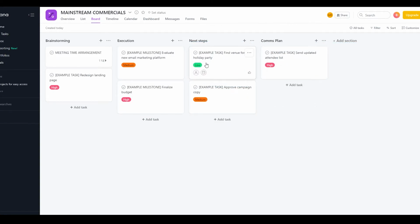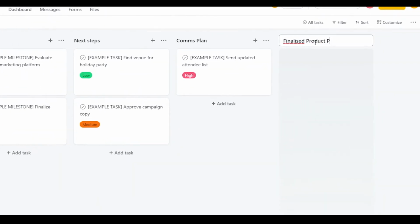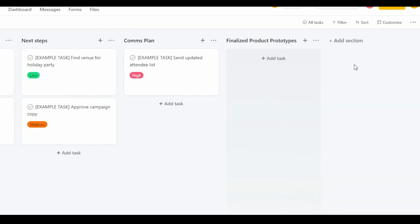So guys, that is how you can essentially set up your own Asana setup. Now let's say you want to add another board. Let's say you want to add over here finalized product prototypes. Now if you type in this, this is going to create a new board for your team, and your team can now click on add task